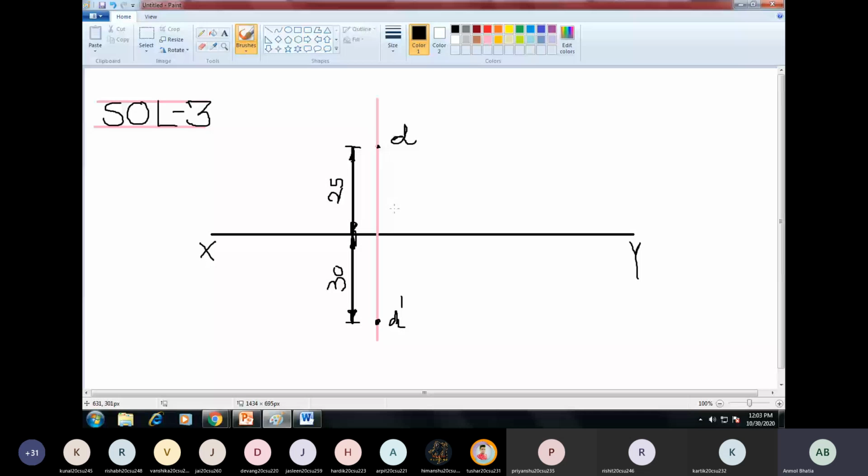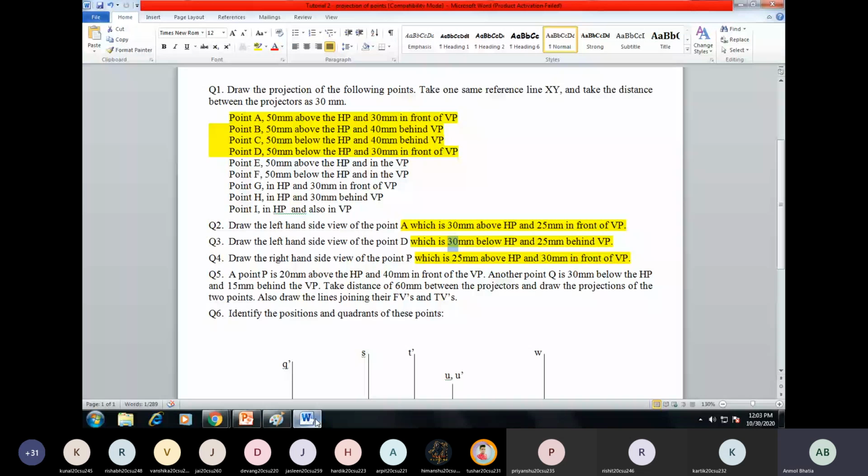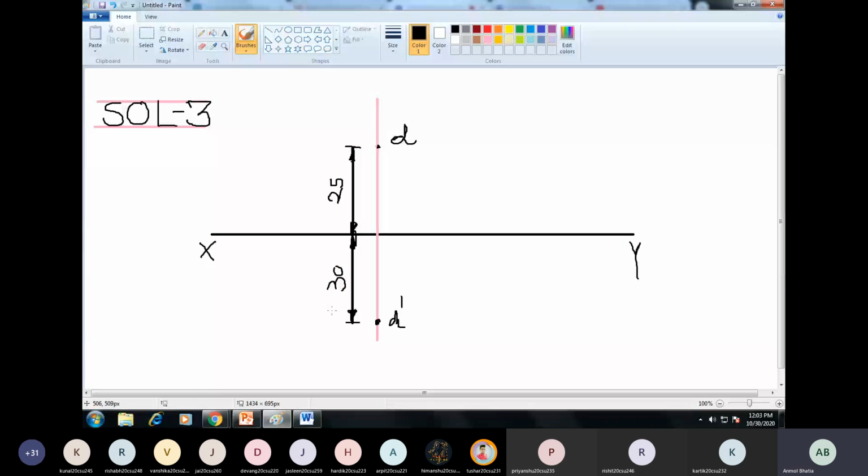ठीक है. अब ये थर्ड एंगल प्रोजेक्शन में है और हमें लेफ्ट हैंड साइड व्यू बनाना है इसका. तो जैसा मैंने आपको बताया था नोटेशन इसका. So what was the notation? The side view will always be aligned with the front view. So front view के left और right में side views बनेंगे. ठीक है. जैसे भी पिछले केस में ऊपर फ्रंट व्यू था तो इसी के आसपास फ्रंट साइड व्यूज बन गए थे. अब इस केस में नीचे फ्रंट व्यू है तो नीचे ही साइड व्यूज बनेंगे.